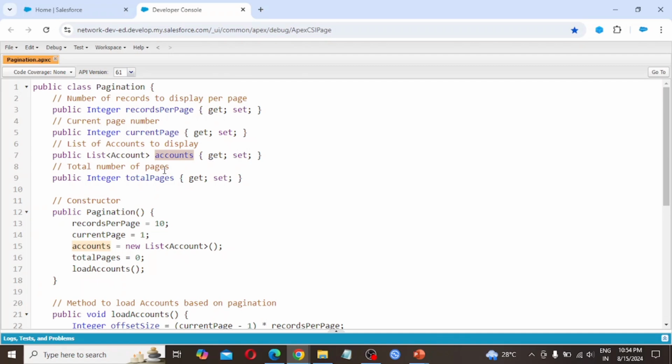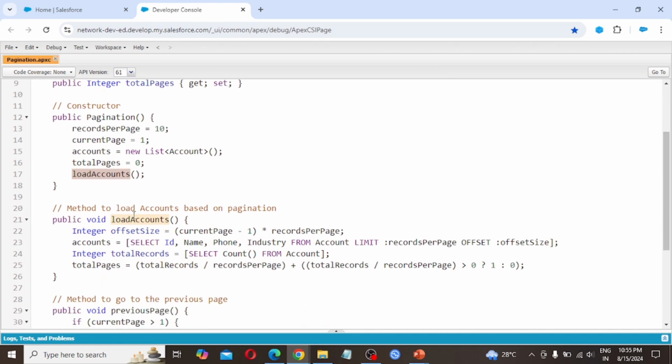Total number of pages: public Integer totalPages, get set. Then we are calling the constructor public Pagination: recordsPerPage equals 10, currentPage 1, accounts equals new List<Account>, totalPages 0, and the loadAccounts method.